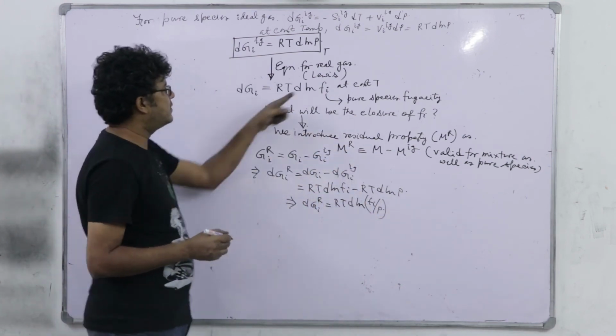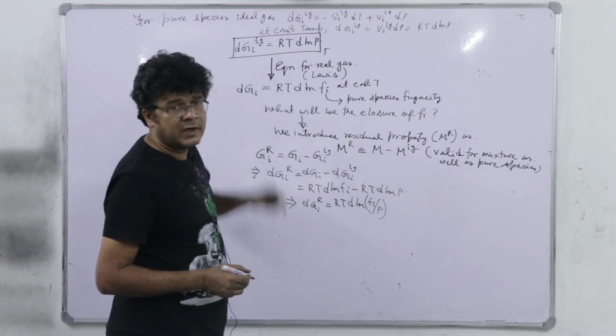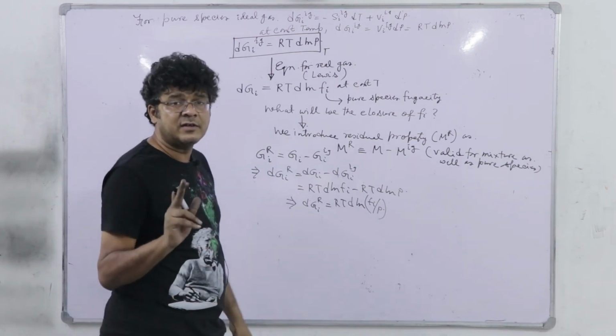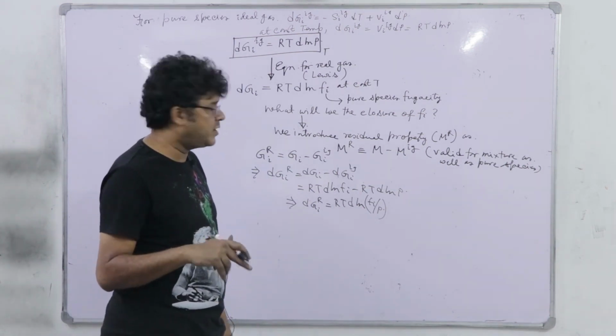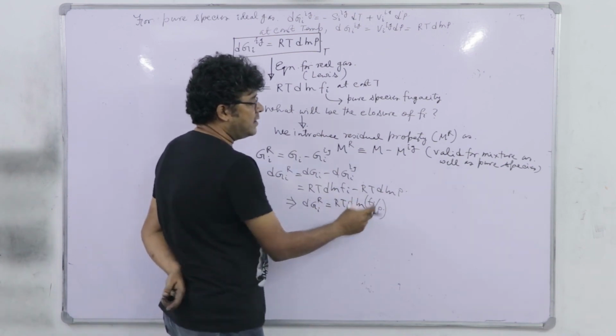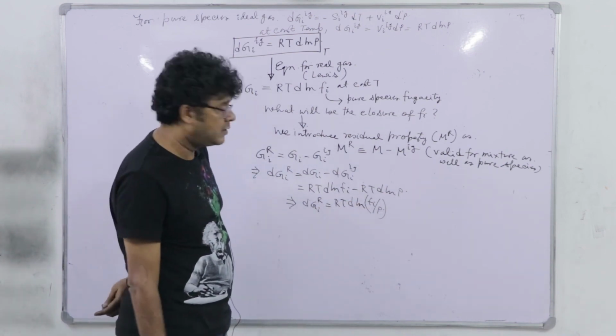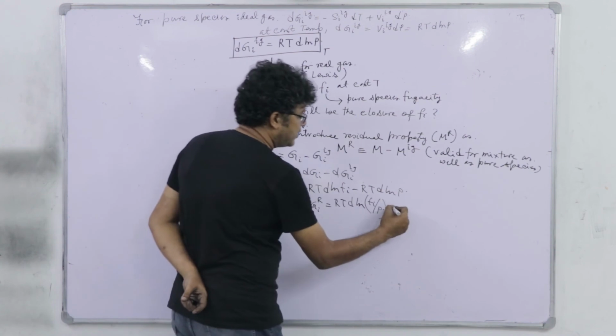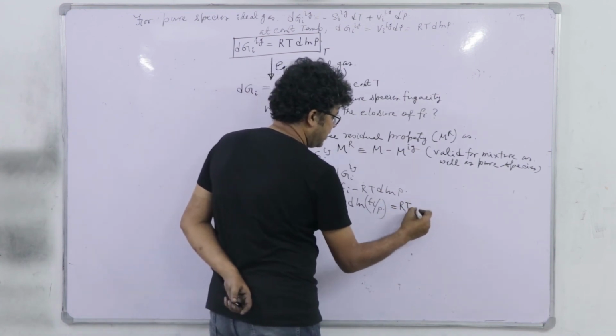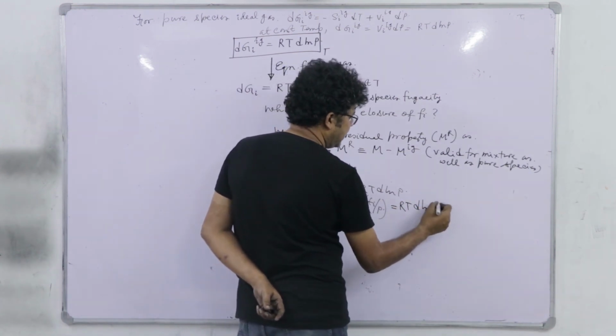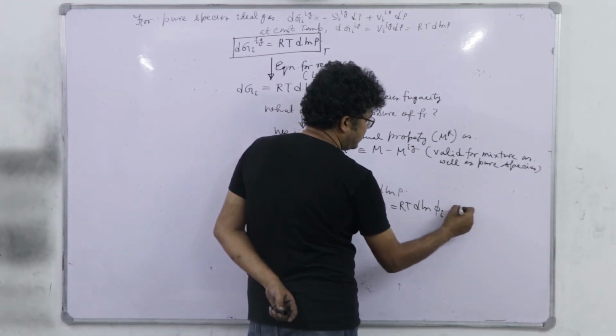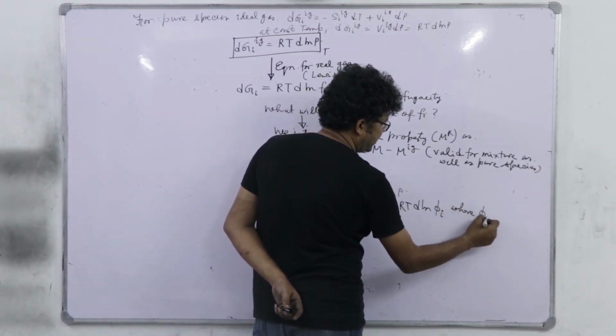Note that fugacity, as we are keeping the same structure, must have the same dimension as that of pressure, but it is not equal to pressure, right. So, fugacity by pressure must be a dimensionless quantity, and we call it the pure species fugacity coefficient, RT d ln phi i, right, where phi i is the